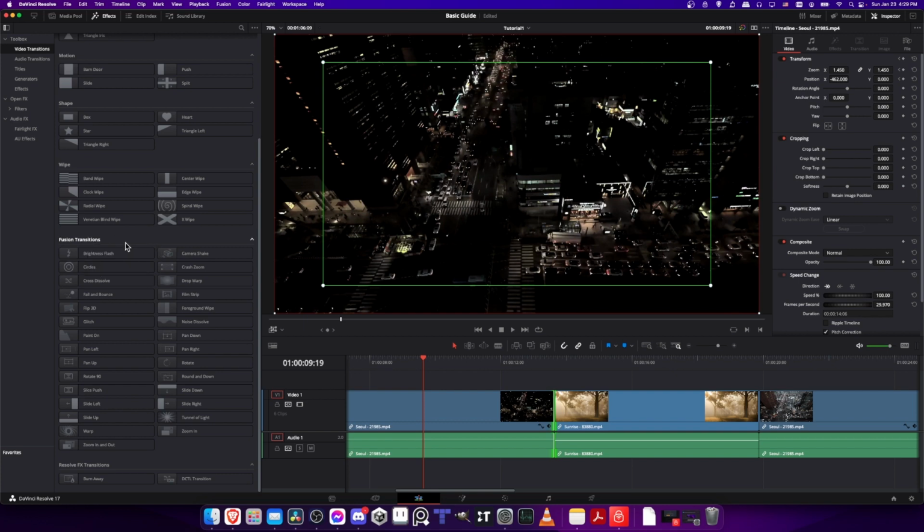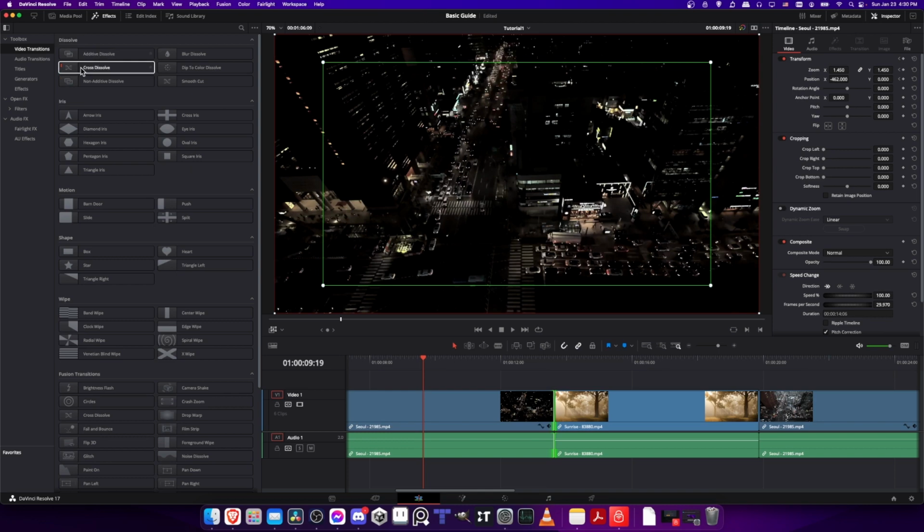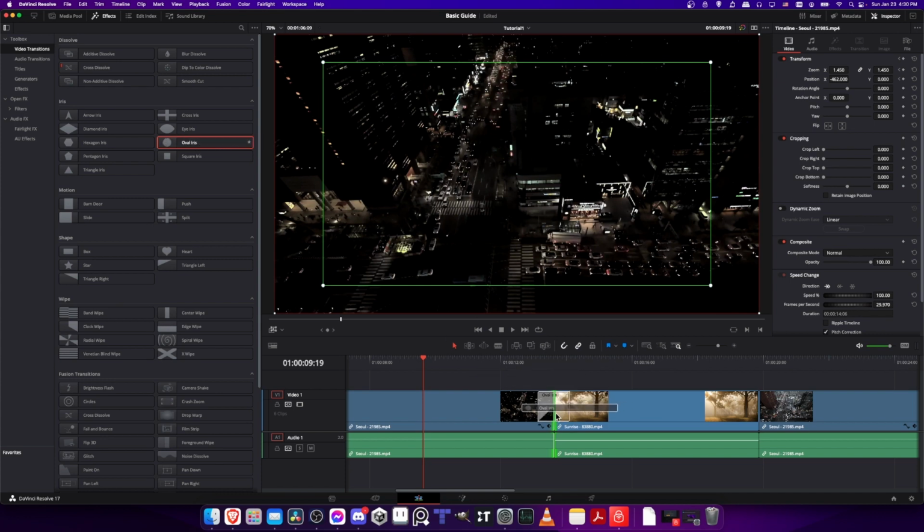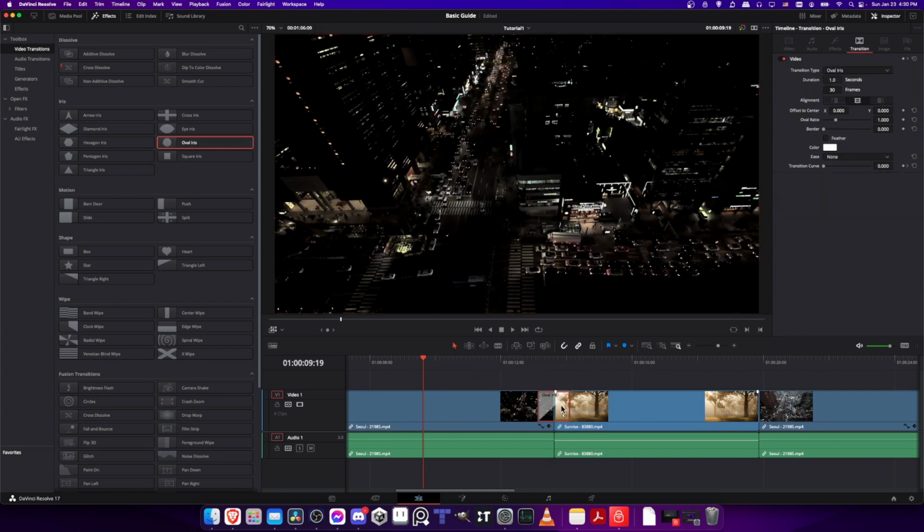The more advanced flashy transitions tend to be under Fusion transitions here, but if you want something basic, I would probably go with Dissolve up here at the top. There's a few different types, or possibly something like triangle left, triangle right, or the iris shapes. So let's just go ahead and grab oval iris, position it on the border between two clips, just drag and